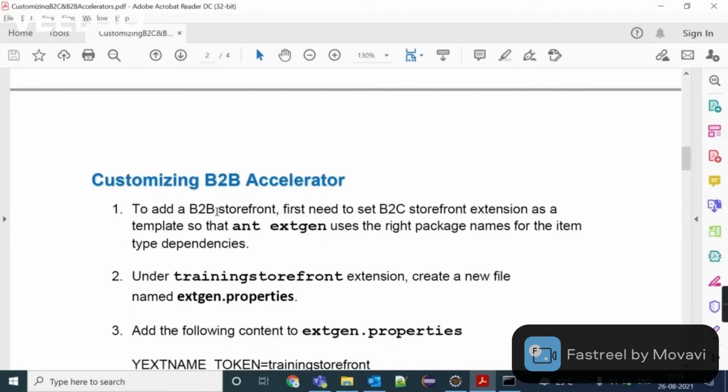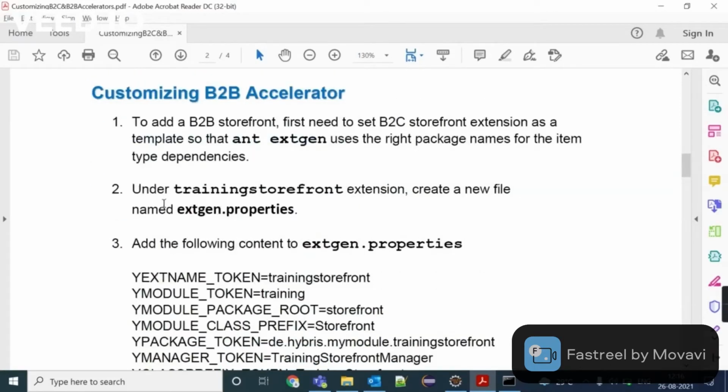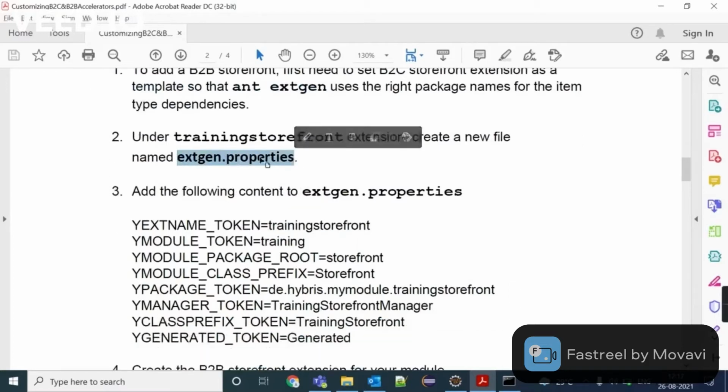So before we start with B2B accelerator, we need to first set B2B storefront as a template. So first we need to create extgen.properties file inside training storefront extension.